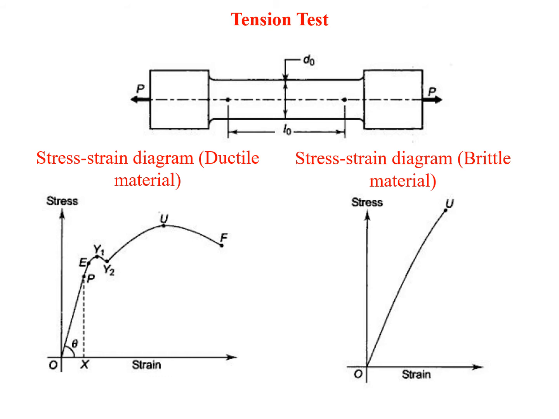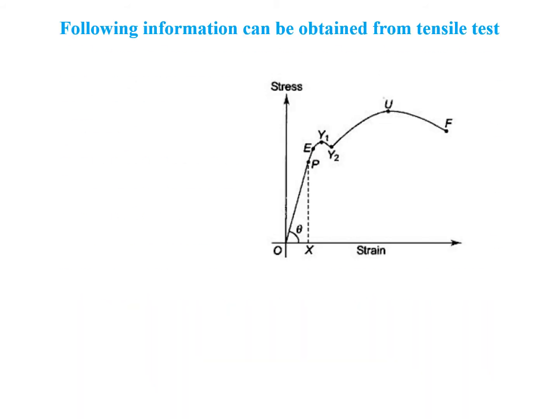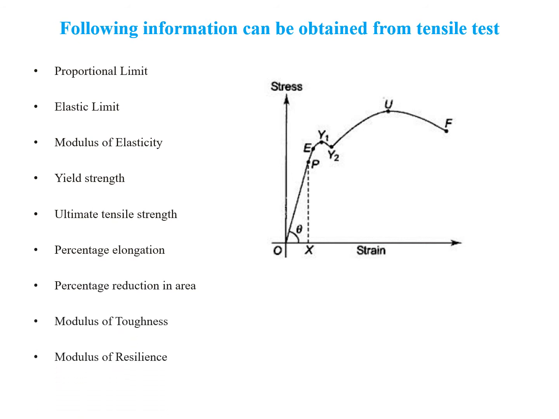Then yield points, ultimate stress values, all these things you can see in this sketch. The following information we can gather from the tensile test graph: proportional limit, elastic limit, modulus of elasticity, yield strength, ultimate tensile strength, percentage elongation, percentage reduction in area, modulus of toughness, modulus of